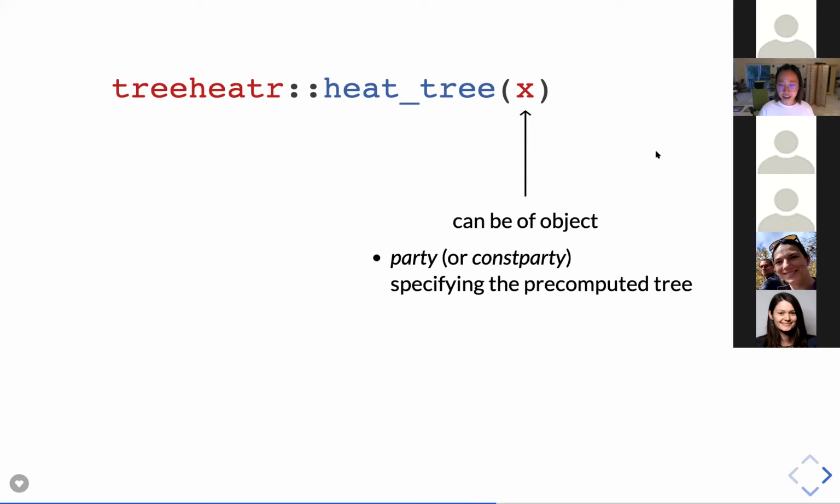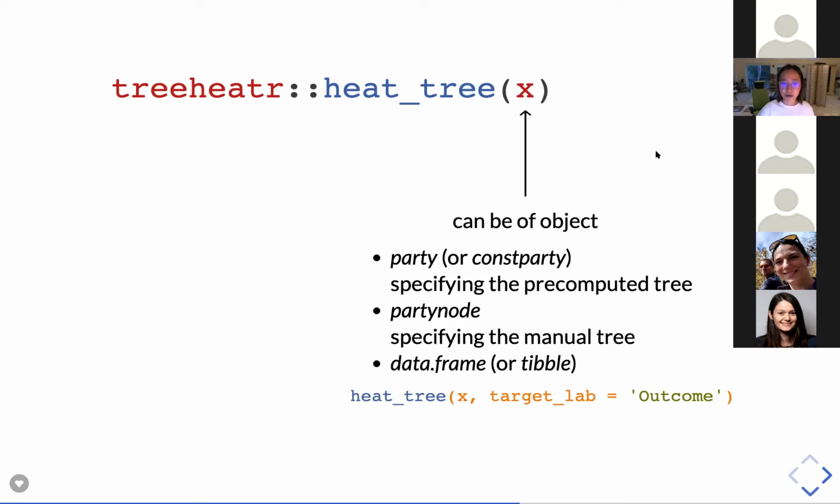or a constant party object. I know these words seem a little bit intense, but they really are just functions, and the output is assigned a class. It can be party nodes. What that means is that you can manually specify the tree, so you don't have to compute it or anything. You just draw out that you want Biscoe Island to be on the right, and flipper length small to be on the left, something like that. So you can draw it and make it into a party node with PartyKit syntax,